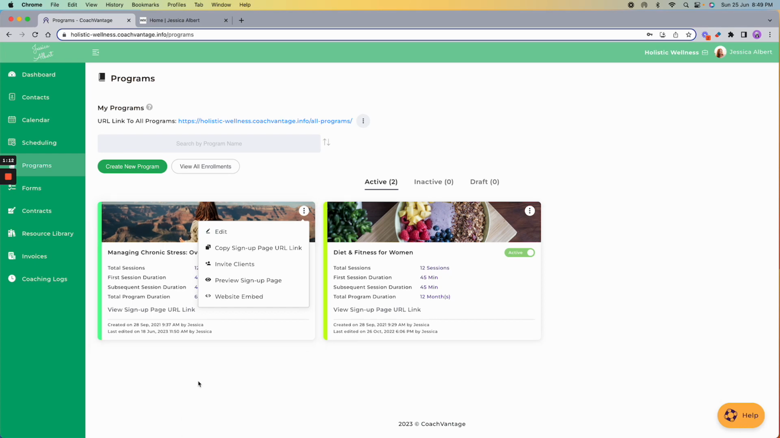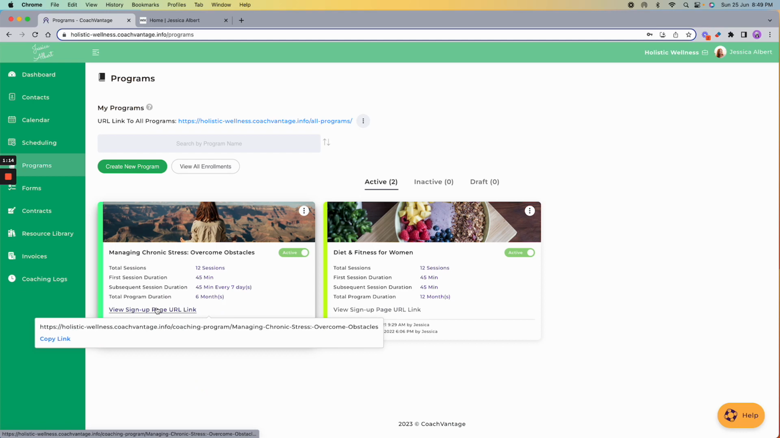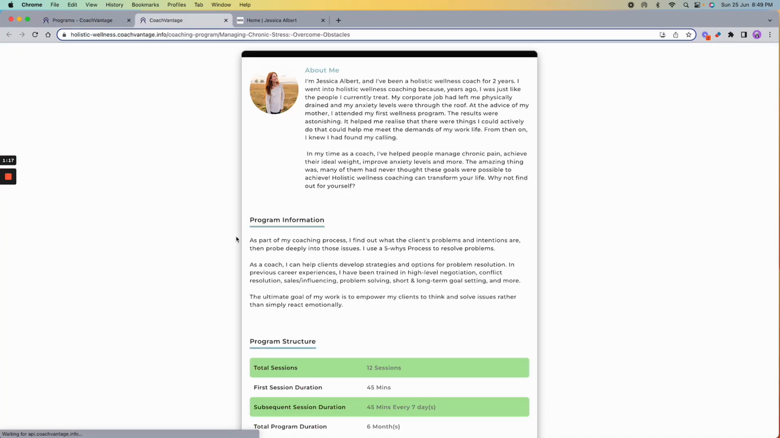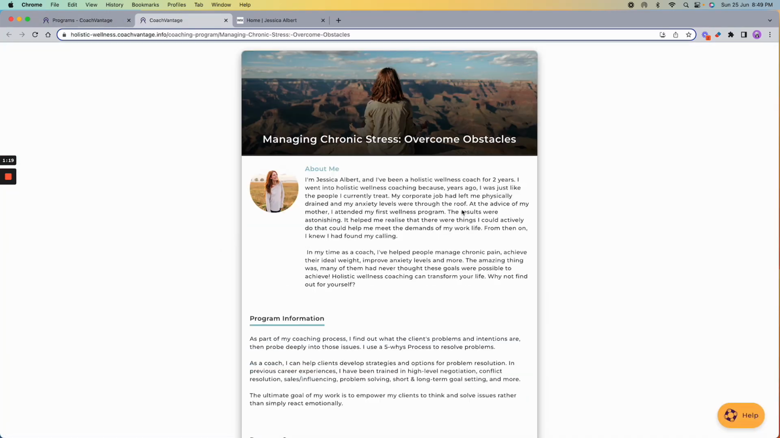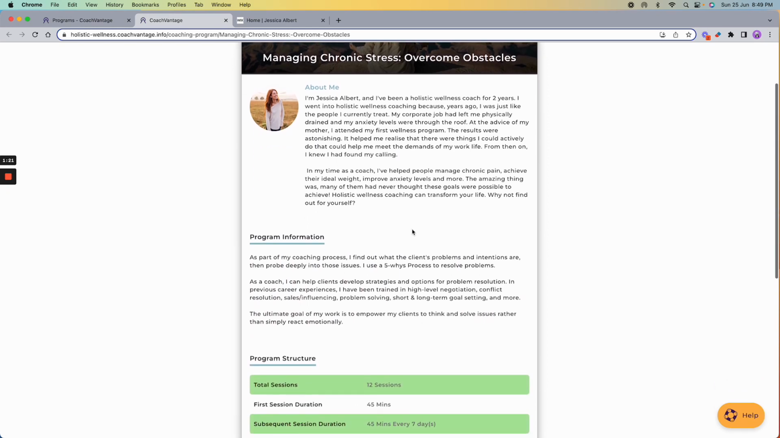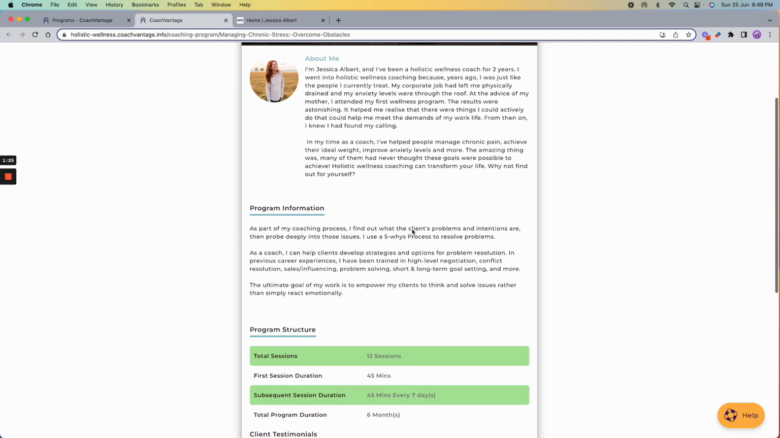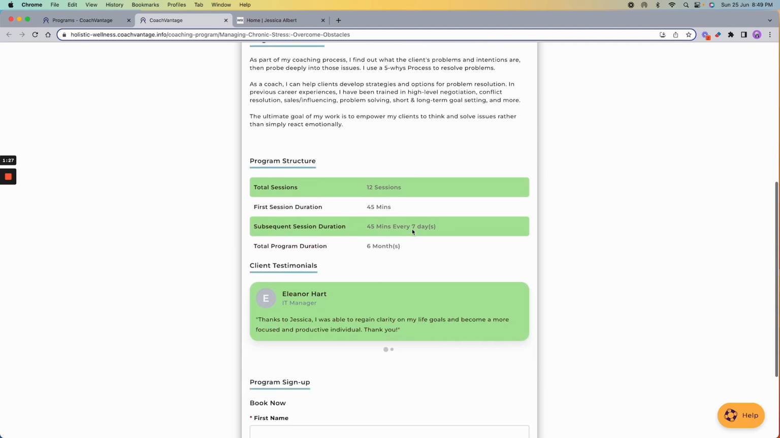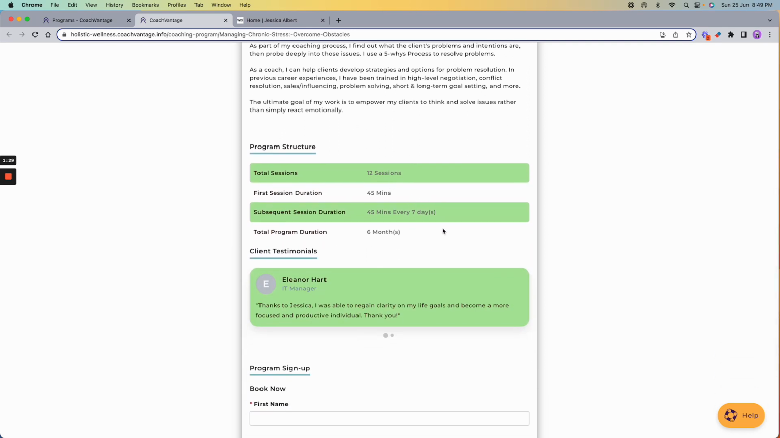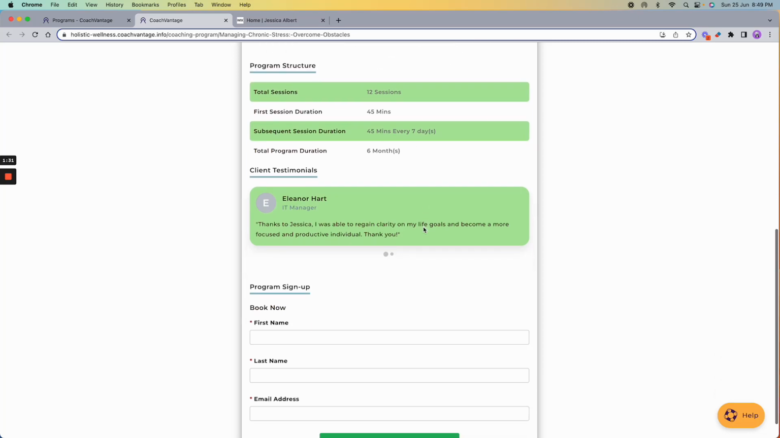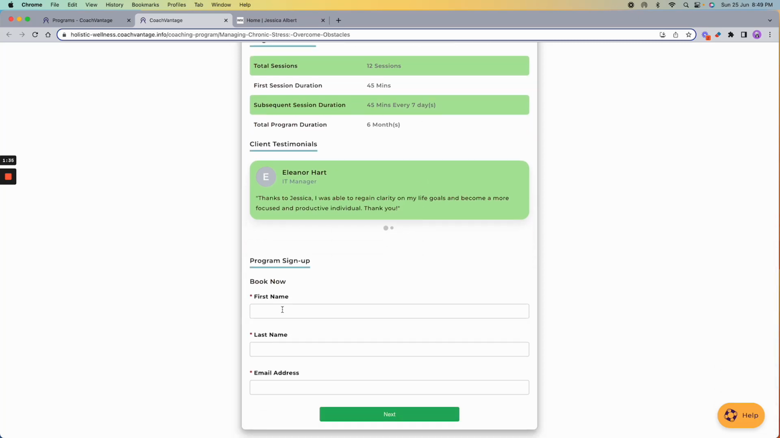What does this landing page actually look like? If I click on this, it's going to take me to the landing page for this program. This is what it actually looks like. It provides your prospects or your potential clients with details about the program, the information, the program structure, the number of sessions you offer, the total duration. They can look at your client testimonials,